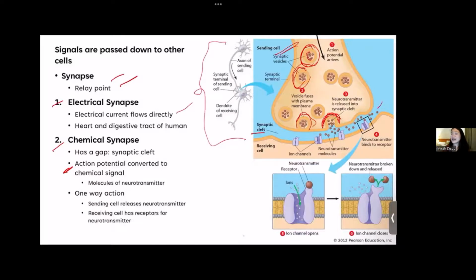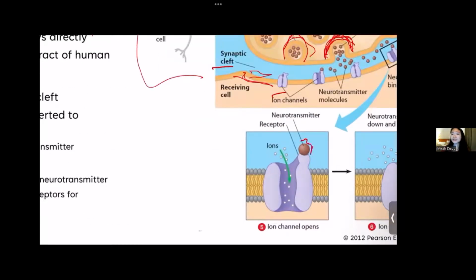So in the receiving cell, ito yun. This is the cell membrane of your receiving cell. There are ion channels, again, in our plasma membrane. And these are sodium ion channels or potassium ion channels, etc. So what happens is that the neurotransmitters will now actually bind to the receptors of these channels. And this will now open the channels where ions will enter the receiving cell and start new action potentials, especially